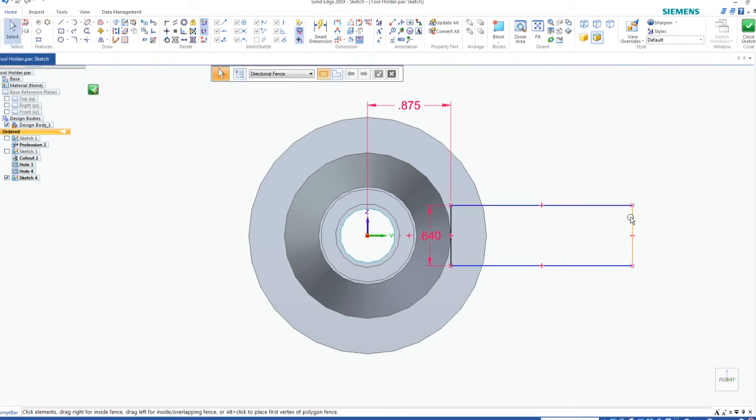Now, if I hit escape, I can drag this in a little bit. I can add a dimension if I want, but it's really not necessary in this case because it's already encroaching onto the surface that I wanted to cut. Okay, so